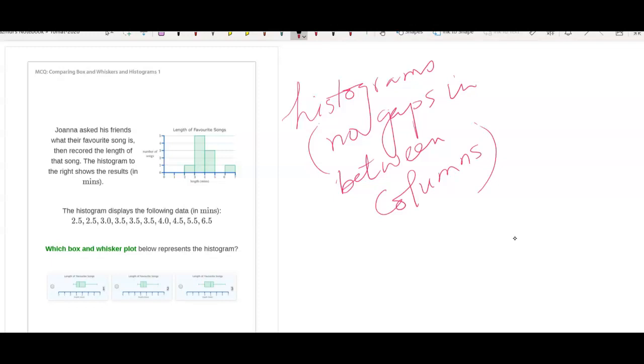So 2.5 is that column. Which box and whisker plot below represents the histogram? That is a little bit tricky, so I will look at the modal value, maybe the mean value, maybe 4. So let's look for